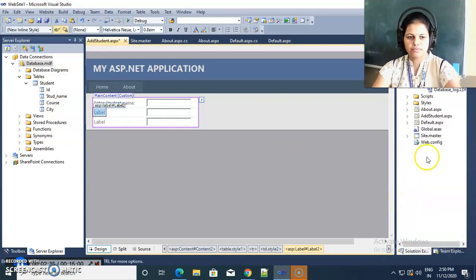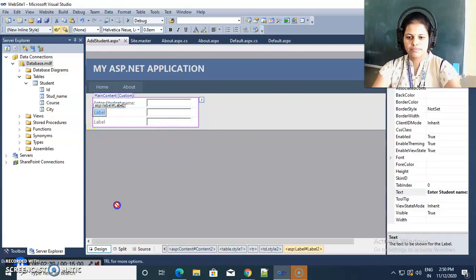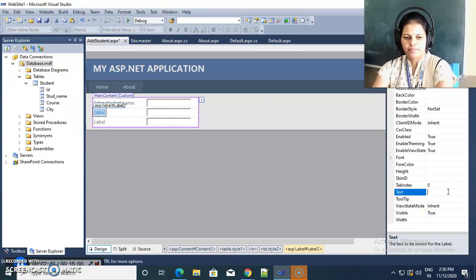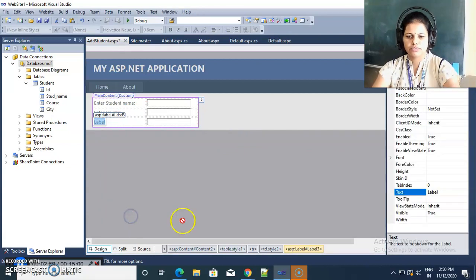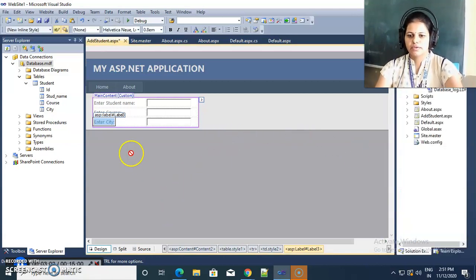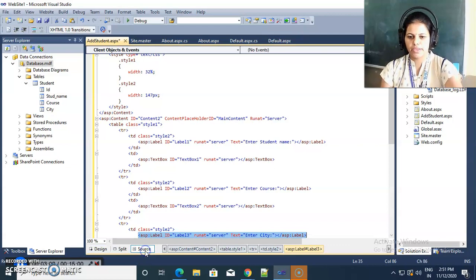Then for this label, enter course. You may take a drop down list for this field course, but I am taking a text box here. Enter city. So in this way we are taking the table, so our alignment is proper here.